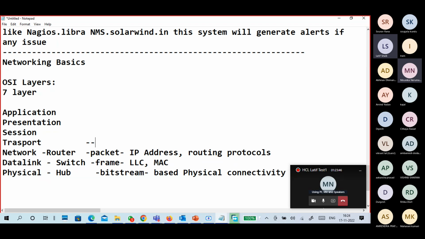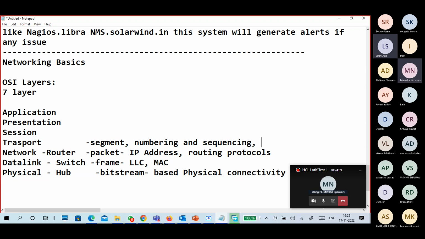The transport layer deals with segmenting, numbering, and sequencing.